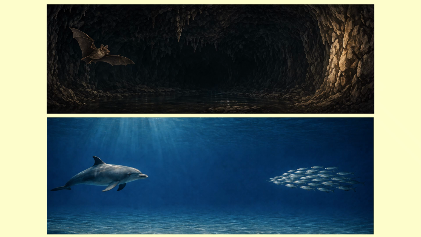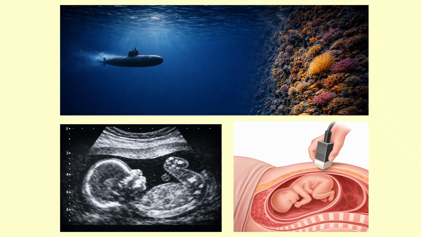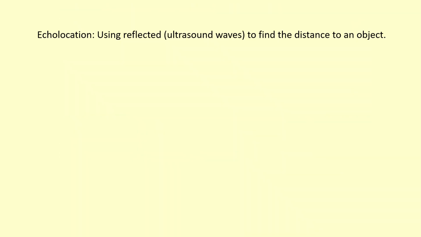So how do bats see in dark caves? And how do dolphins find the distance to fish like this? And how do submarines use sonar? And how do these ultrasound machines work? Well, they all use something called echolocation, which is basically when you reflect ultrasound waves to find the distance to